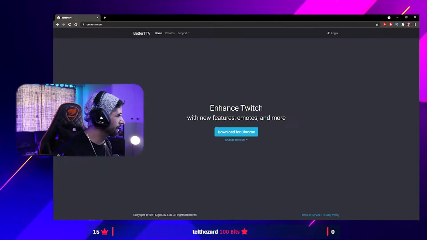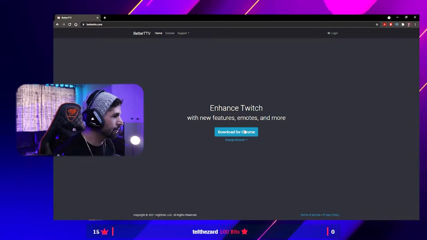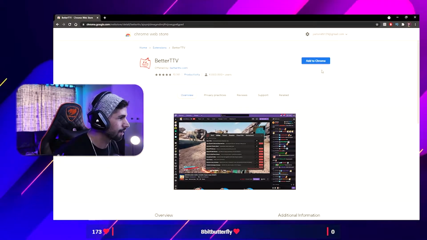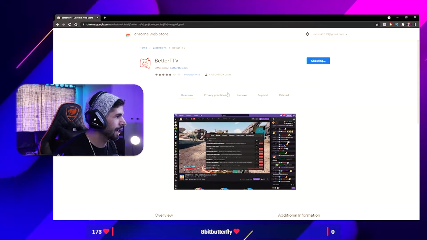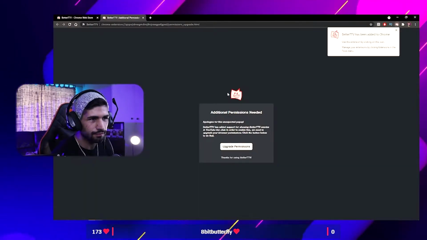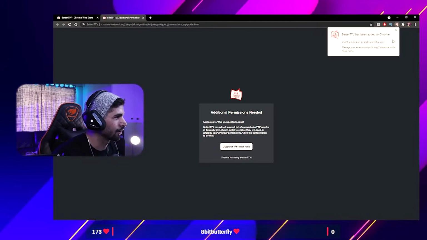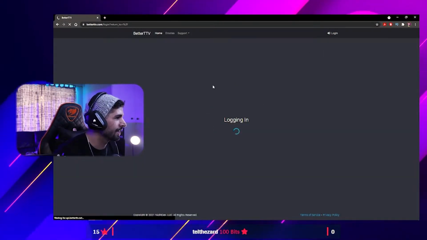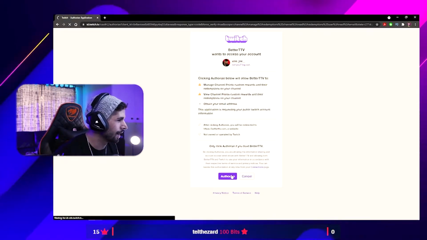Once you click on it, it's going to ask you to download for Chrome. Make sure to click on download for Chrome and add as a Chrome extension. I promise you, it's nothing that's going to harm your computer. Once you've added it as a Chrome extension, you're going to go back to the website and make sure to log in with your Twitch account. So you're just going to authorize it and it's going to be really quick, and then you can go straight